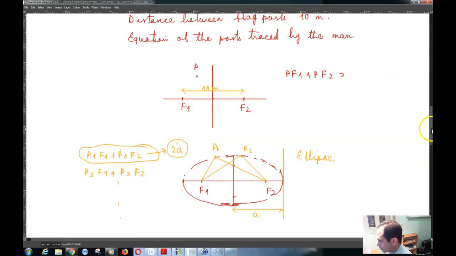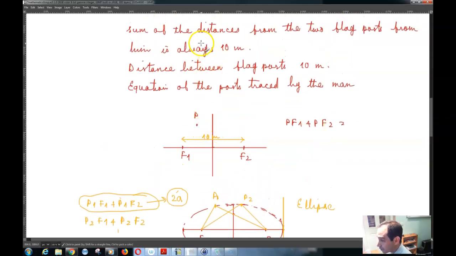So now the same thing has been the case with this man, meaning that this distance, which is 2a, has been 10 meters. That means that a is equal to 5, and the distance between the foci in an ellipse is denoted by 2c. Now 2c is equal to 10 in this case. That means that c is equal to 5,